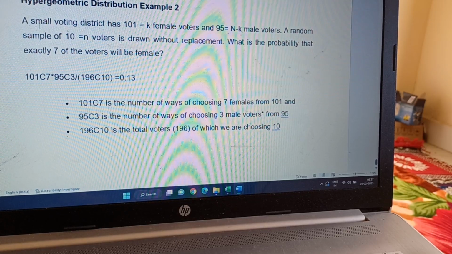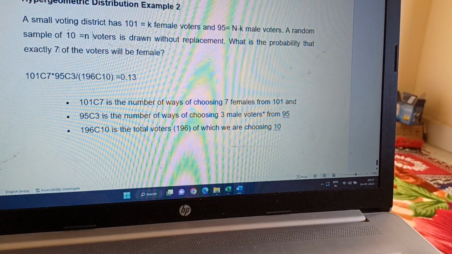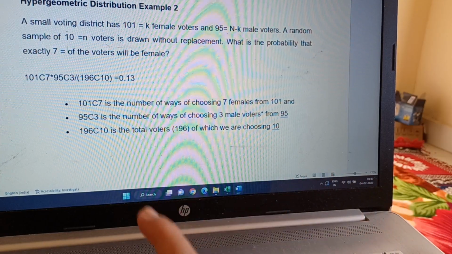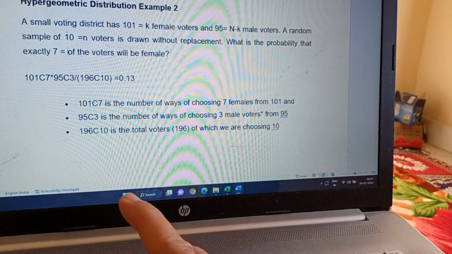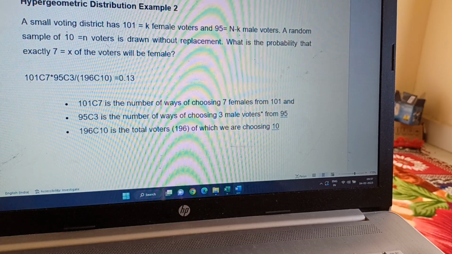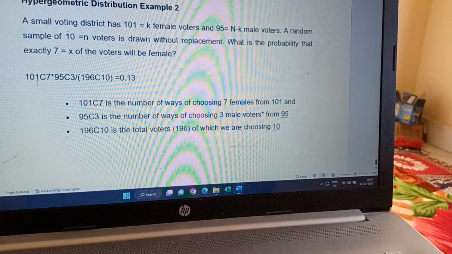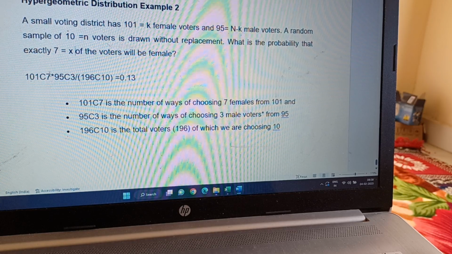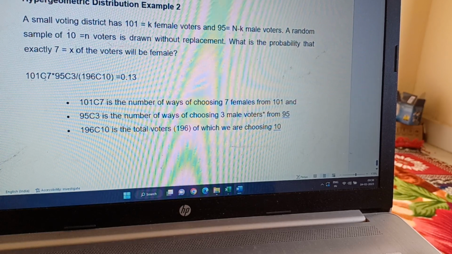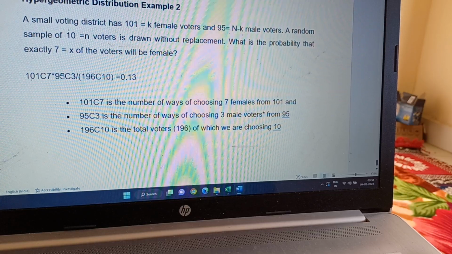What is the probability that exactly 7 of the voters will be female? So out of 10, exactly 7 will be female. So this one is equal to small x. So out of 101, 7 are female, which is K choose x, times N minus K, which is 95,